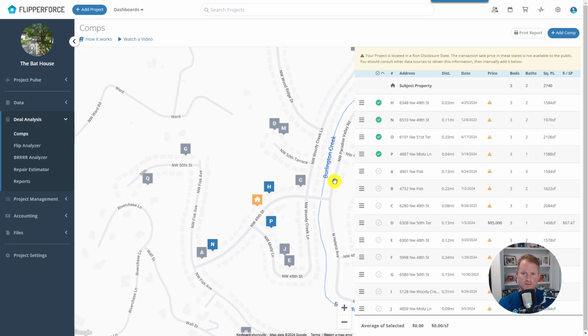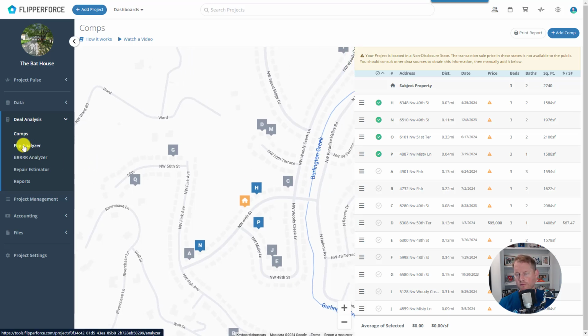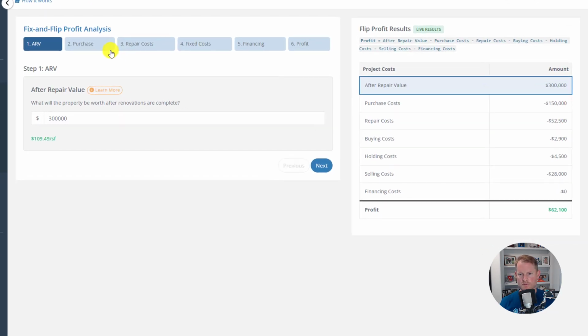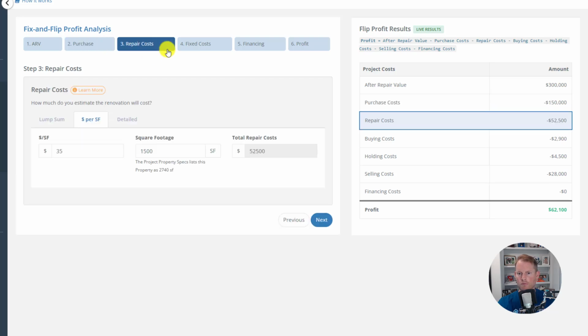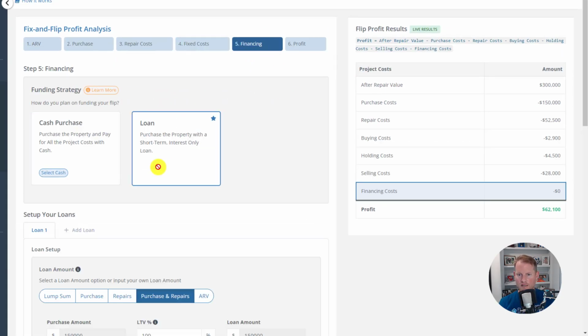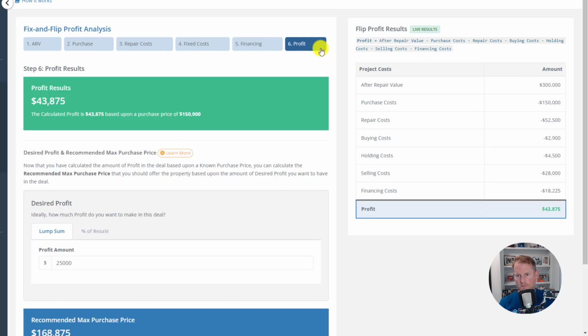Once you've reviewed the comps to determine an approximate after repair value, you can use the Flip Analyzer tool, which is the step-by-step house flipping calculator for analyzing all the project costs to determine the profitability and the maximum purchase price that you should offer for the property, so that way you don't overpay. The Flip Analyzer, it'll take you through all the steps of analyzing the deal. You can enter the after repair value, your purchase amount, the repairs, all of the buying, holding, and selling costs, as well as your financing costs to calculate the profit, and then it'll also calculate a recommended maximum purchase price